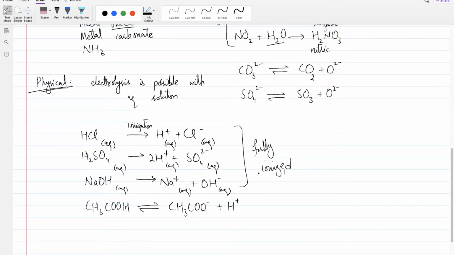The things that ionize fully and at once, like HCl, like H2SO4, like sodium hydroxide, we say that they are strong at it. And things that don't do that, we say that they are partially ionized. We say that they are weak at it. Obviously, पूरी तरह ionized ही नहीं हो पाए. तो अगर वो acid है, तो वो strong acid है. अगर वो base है, तो वो strong base है.